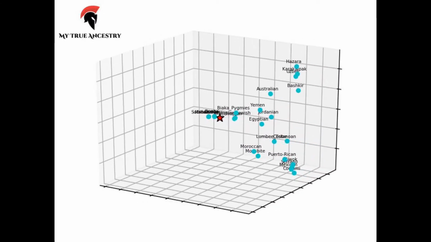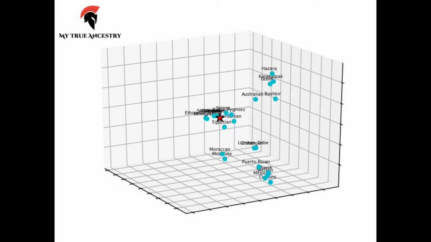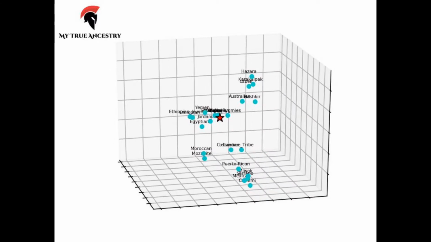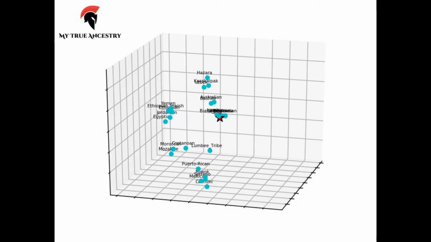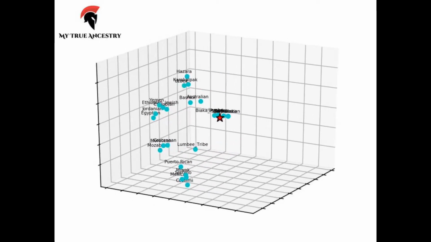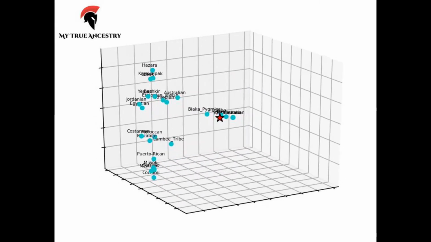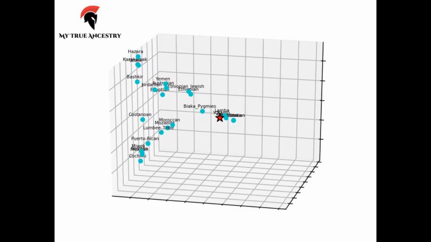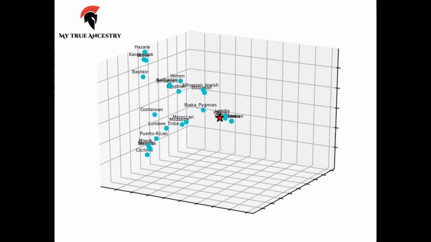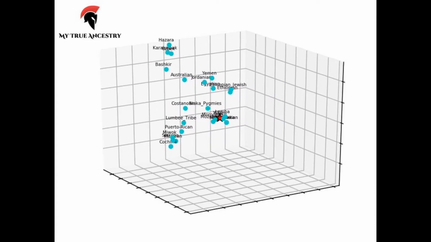The ancient PCA plot shows how you fit with your samples. The closer you are to the sample, the closer the fit. The modern PCA plot shows how you fit with modern populations. If you are mixed, you tend to appear in between. The custom PCA plot lets you design and configure your own PCA plot in real time. For 3D PCAs, the closer the orbit, the closer the sample is to you. Similar samples cluster together. Here is the 3D modern PCA, and this is a little tricky to see, but I'll